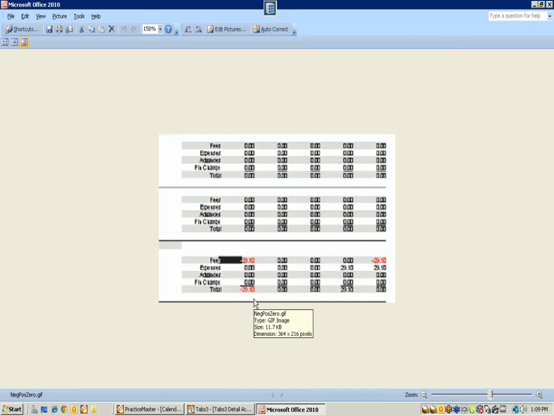And I know it's a little hard to read, but what you end up with is something like a negative $29.10 in the fee column and a positive $29.10 in the expense column. And you end up with that being a zero balance. We call these negative positive zeros. Something was misapplied, so you've got a negative fee balance and a positive expense balance that when put together make